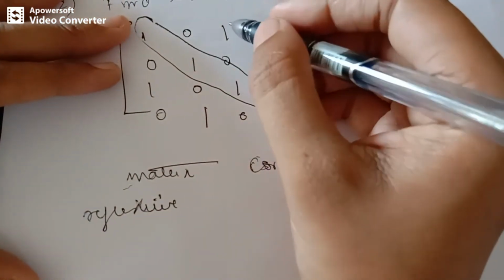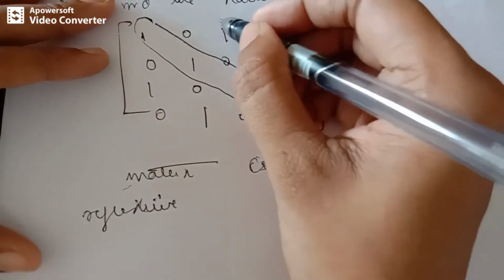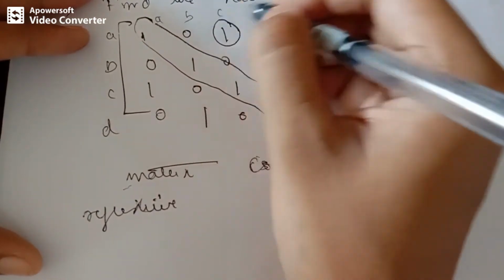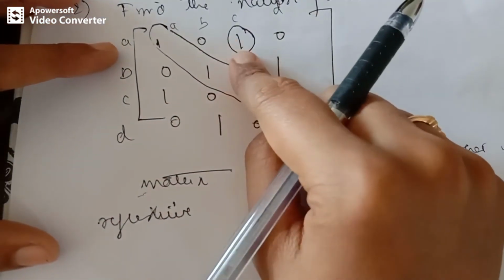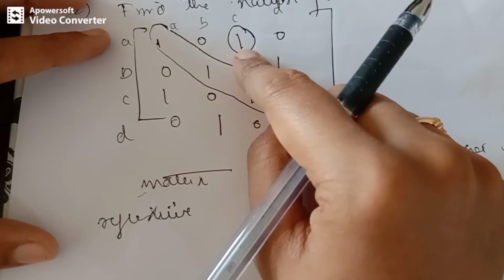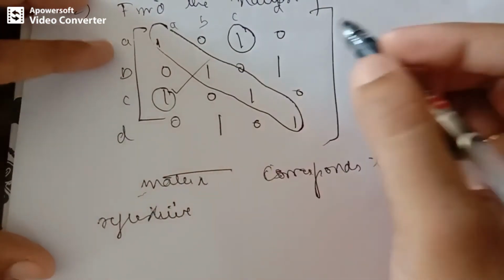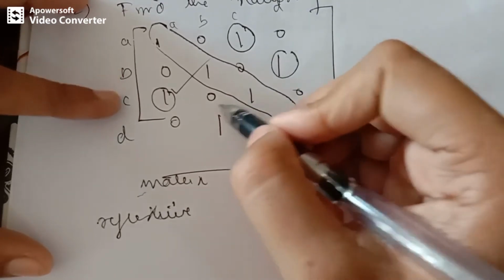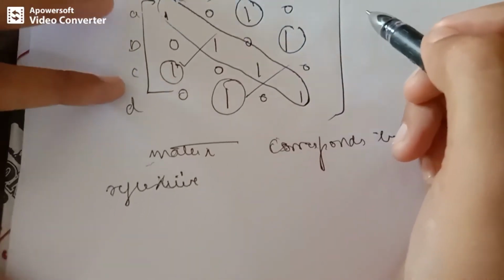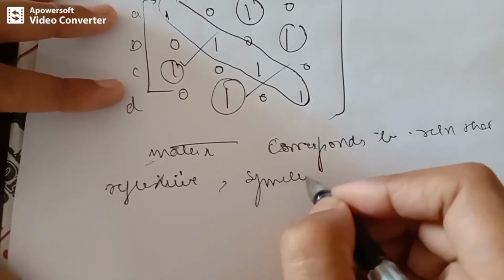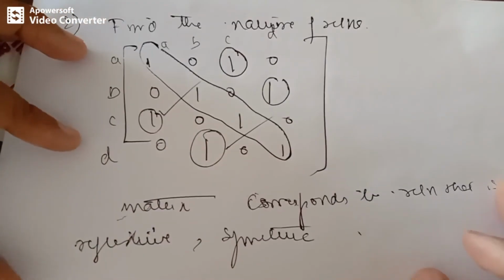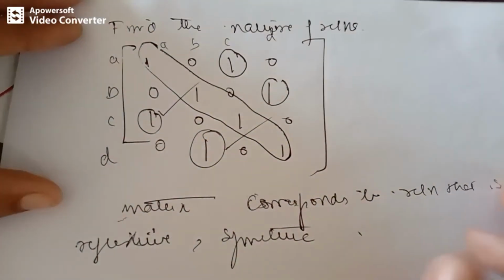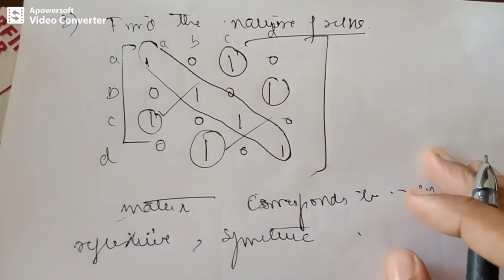Then let's look into these pairs. That is, if I have got A, B, C, D, here also A, B, C, D, you can observe that A comma C is 1, and whenever A comma C is 1, do I have C comma A as 1? Yes. Then whenever B comma D is 1, do I have D comma B as 1? Yes. Therefore, the relation is symmetric. Okay. This is how you justify given the matrix of the relation. We can clearly find out the nature of the relations.